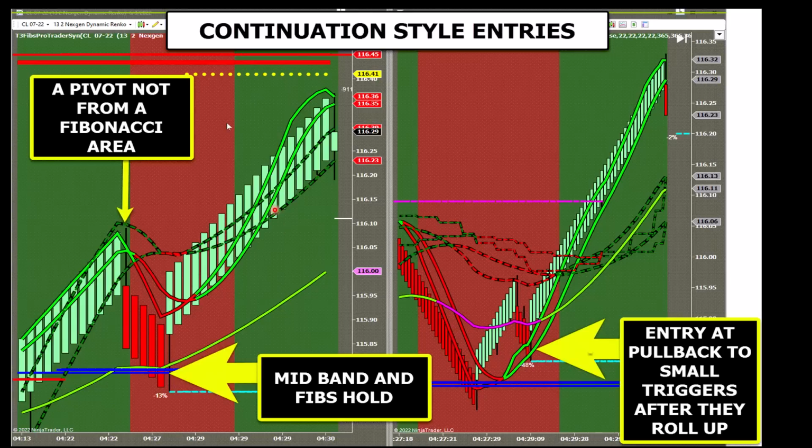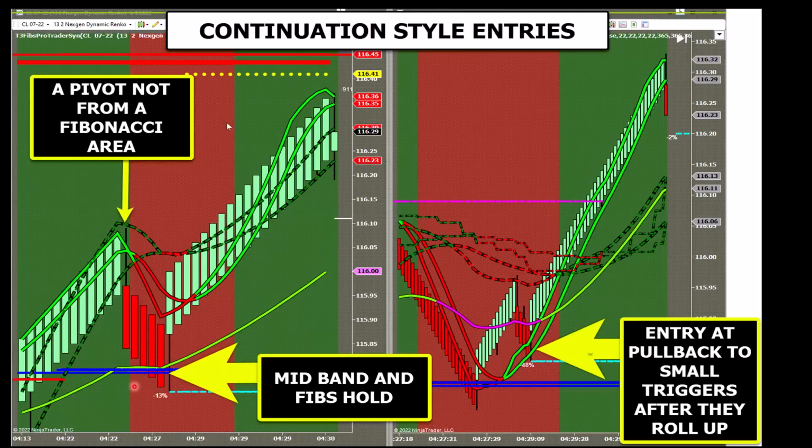Remember, we already discussed this. If we have to wait for all the triggers to roll, it's too darn late. So because we have a weak top and we have a really good area that probably will hold, we can go to the smaller chart and we can find any entry back to an area and/or after the small triggers roll over. Short version is you're buying a pullback to the small triggers after they roll over with a stop below the low,